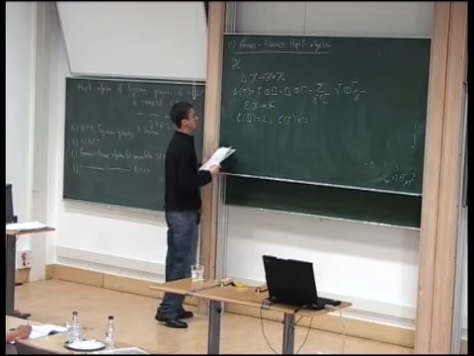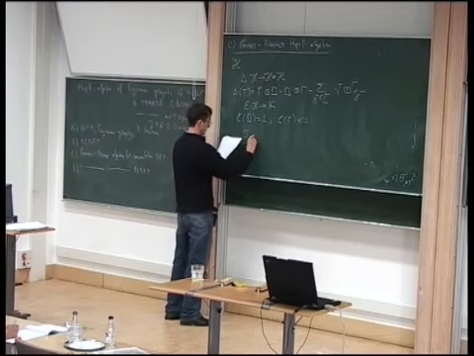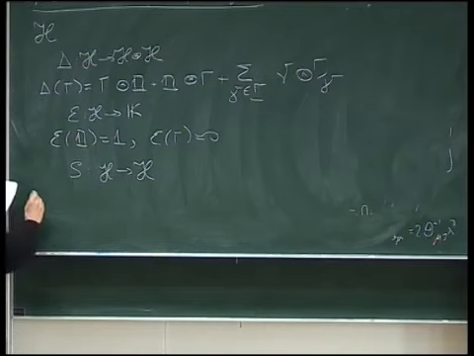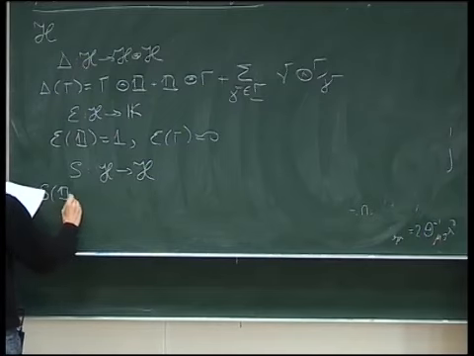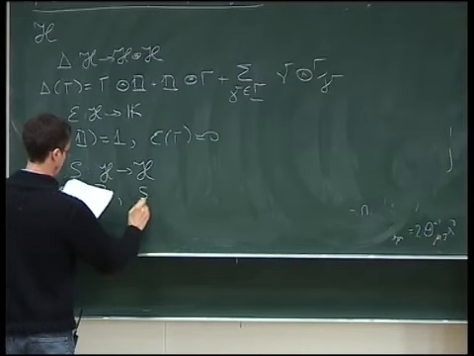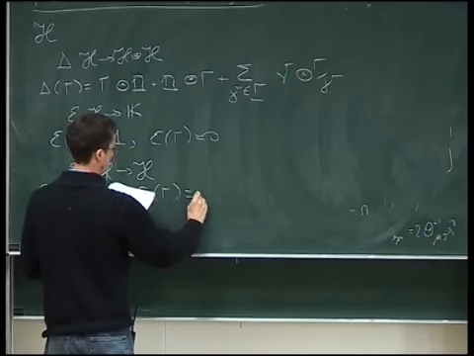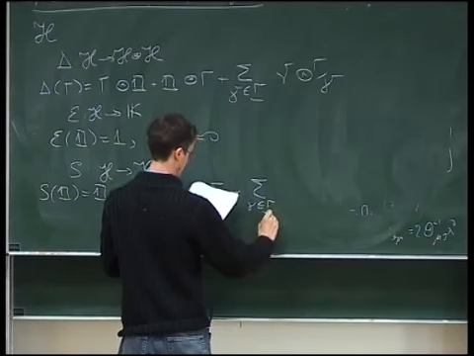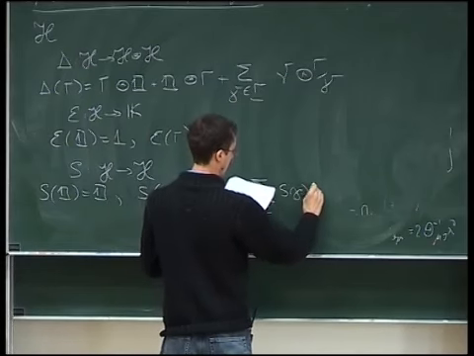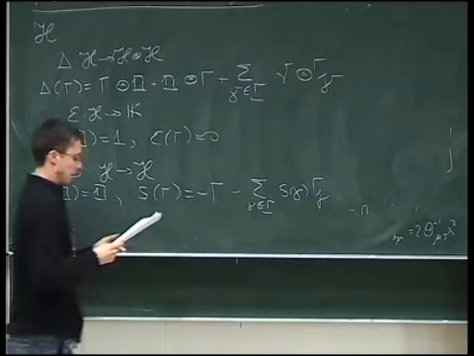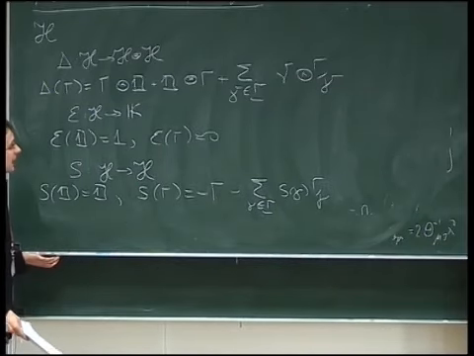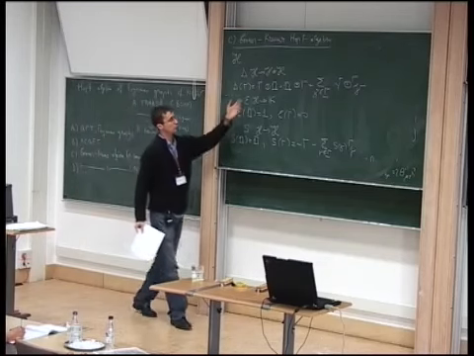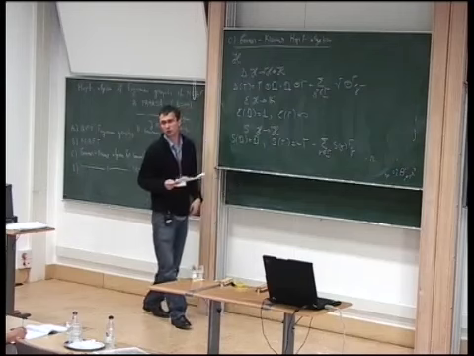And the last operation to define is the antipode S, which is defined recursively. So with these operations, Connes-Kreimer proved that for commutative quantum field theories, this coproduct and these operations lead to a